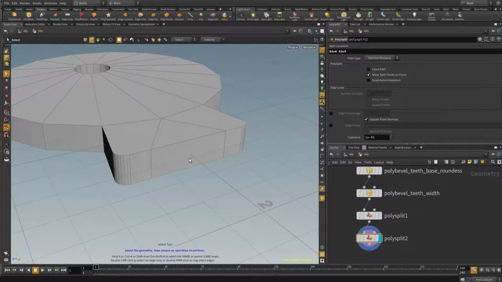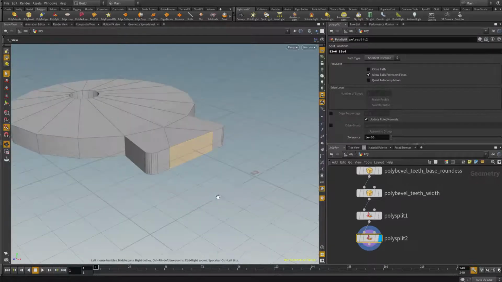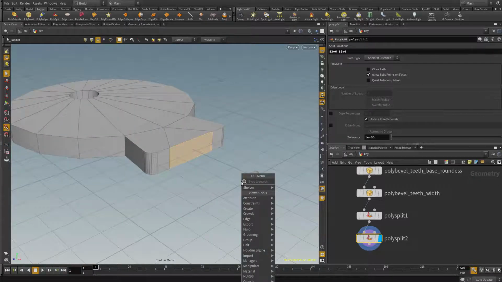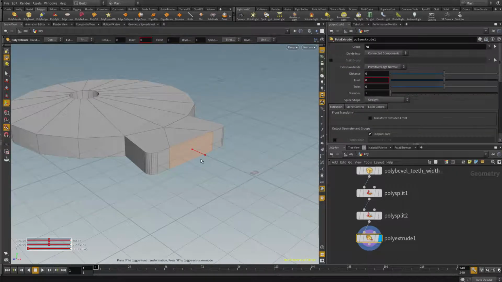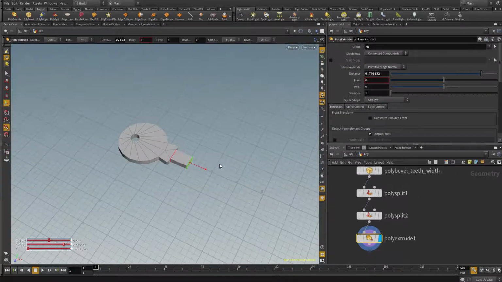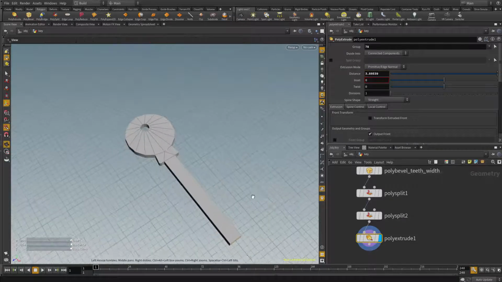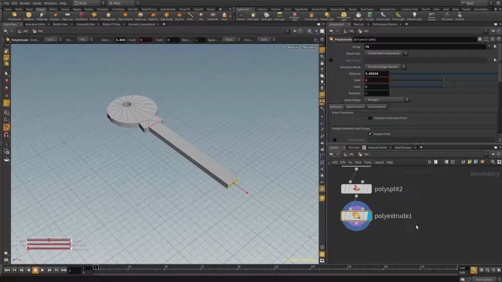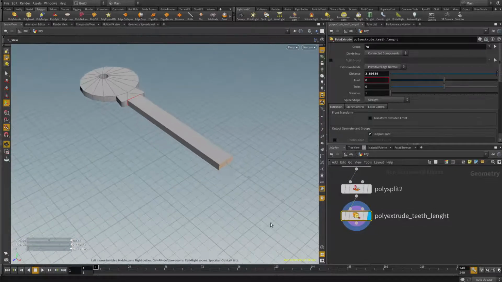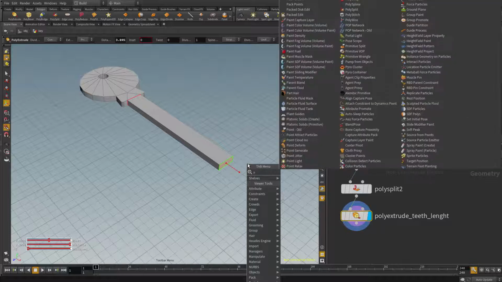Let me press S again and press the 4 button to select the middle face here, and drop down a poly extrude and drag it out. And that's gonna be the length of the teeth part of the key. So I'm gonna call this teeth length. And I'm gonna drop down another poly extrude,